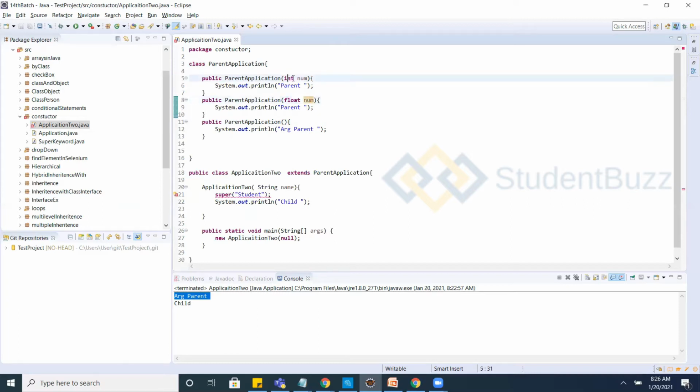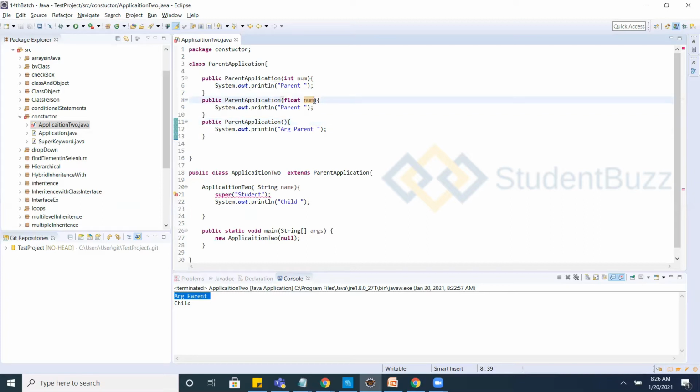For example, this has the num variable, this also has a num variable, but the data type is int here and float there. Another constructor has no parameter at all.